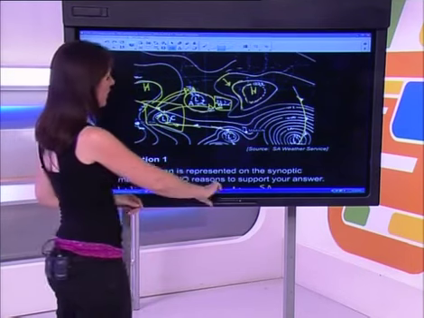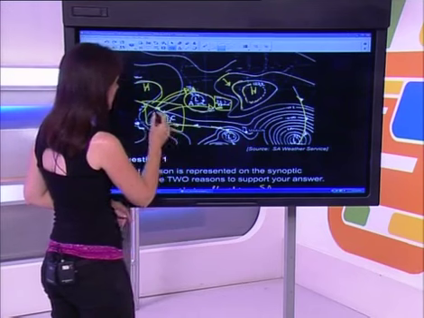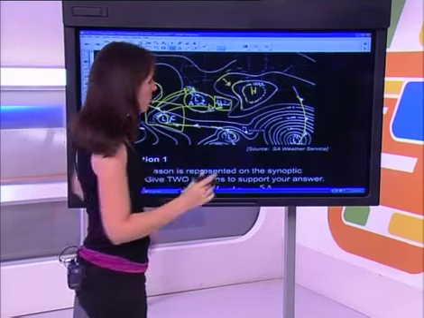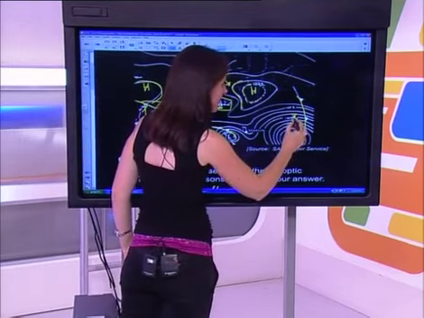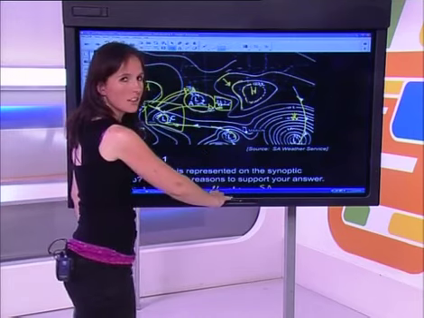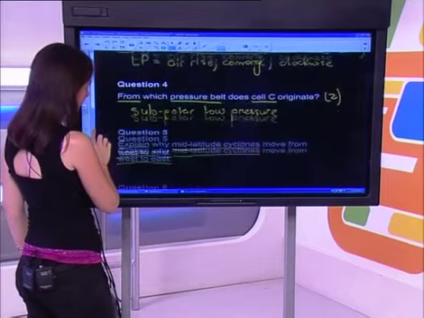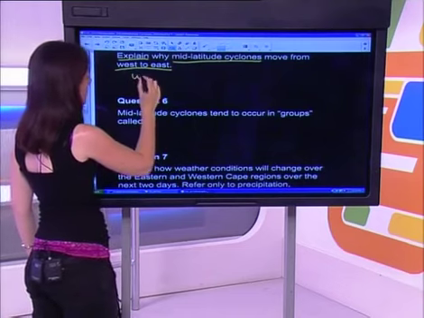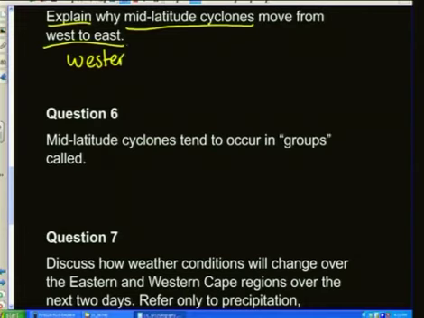Just before I write the answer down, however, I want you to notice that we have a succession of cold fronts and warm fronts and mid-latitude cyclones. Sometimes they're going to ask you which is the oldest one, or which has already affected South Africa, which is older. The one that's further east is always the older one. Why? Because it's traveled further with the westerlies. Just a key question to remember. So the west to east motion is because of the westerly winds. You must say that they are driven or propagated along with the westerly winds.